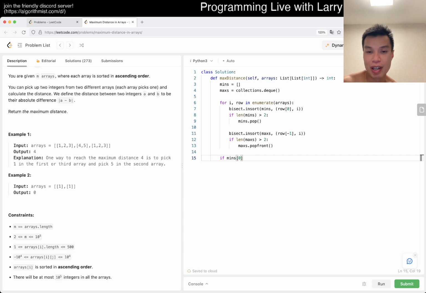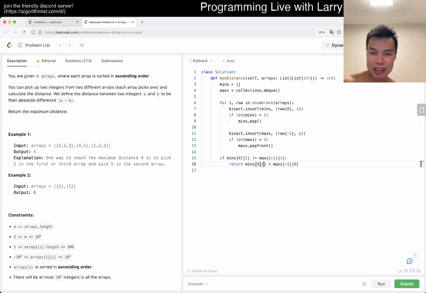So yeah, if the smallest element, could also have reversed it maybe, but if the index is not equal to the max element's index, you say, if they're not the same, right? Even though that's a little bit reverse or a double negative, but